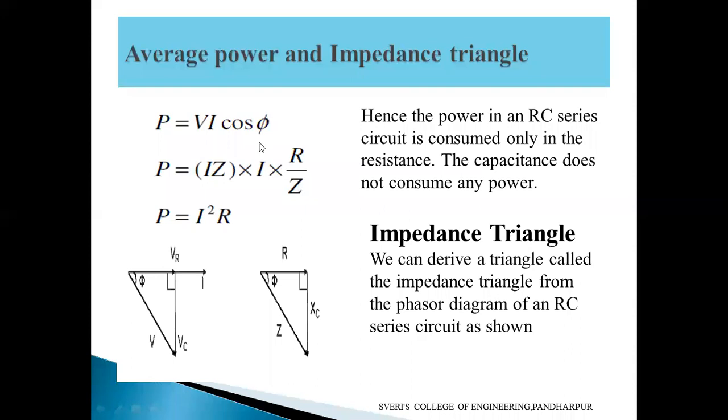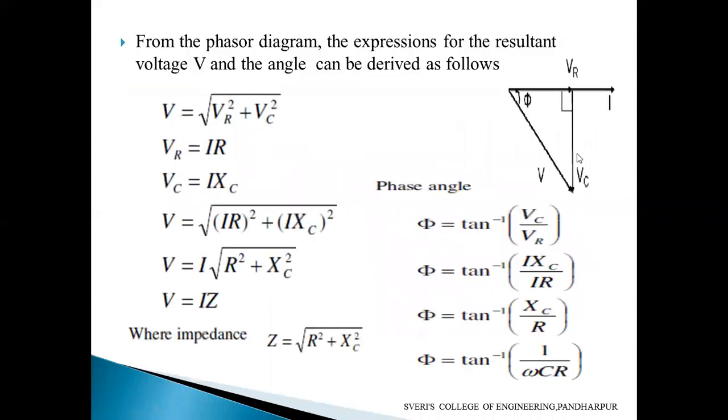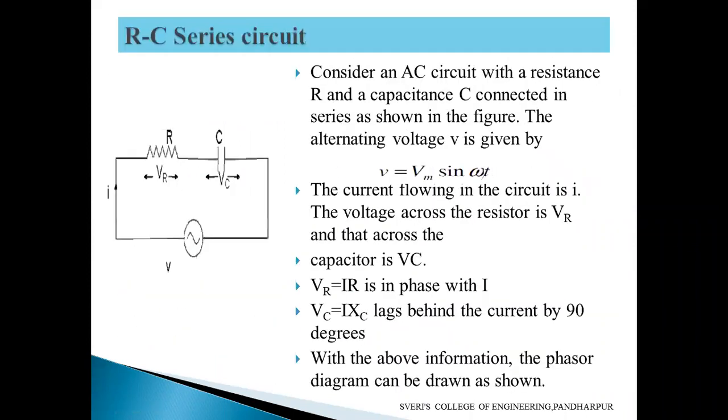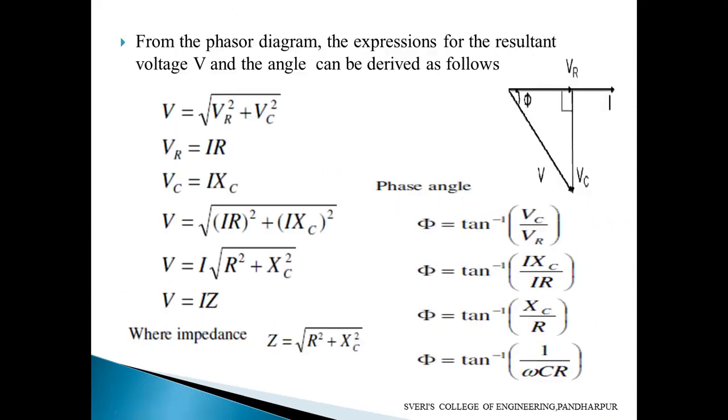So next, from the voltage triangle, we have to identify the formula for V, Z here now. Total resultant, this one we know. VR equal to IR. In the starting only we have written the explanation here now. VR equal to IR. VC equal to IXC. What about the V then? V equal to IZ we have to prove here.